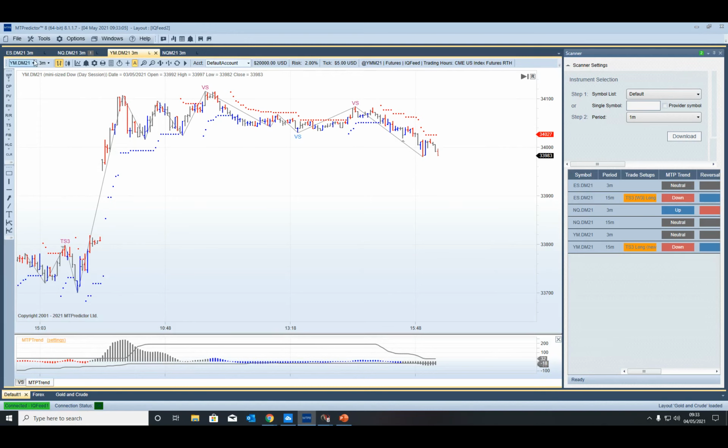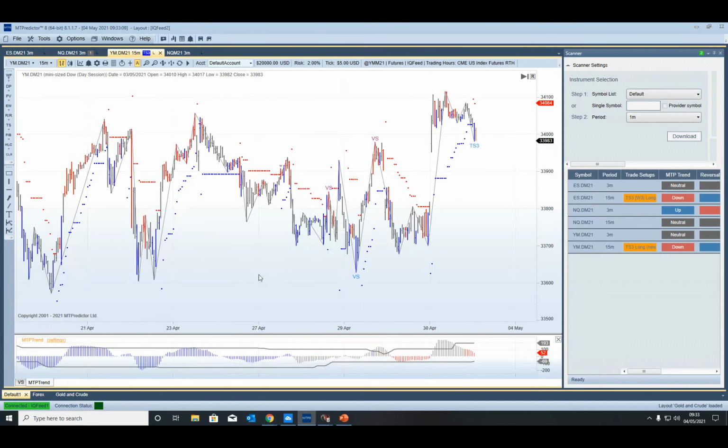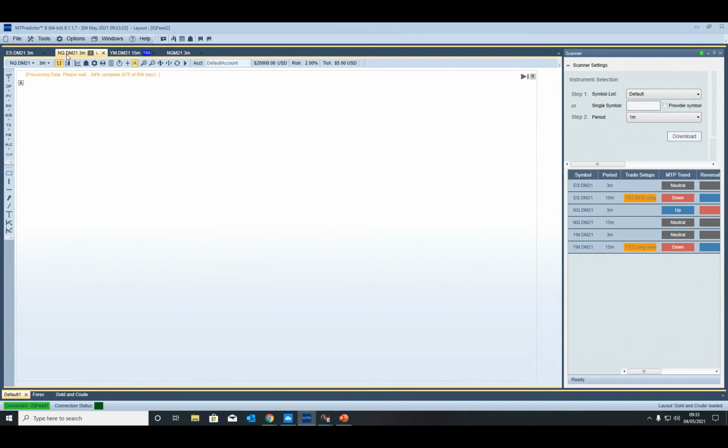But what I thought was interesting on the YM is if we go to the higher time frame, there was the last major swing high, wasn't it? So right mouse click there. That's your DP for resistance. Look what the market did yesterday. It did go up and then bang straight into that before backing off sideways. If I look at the NQ,